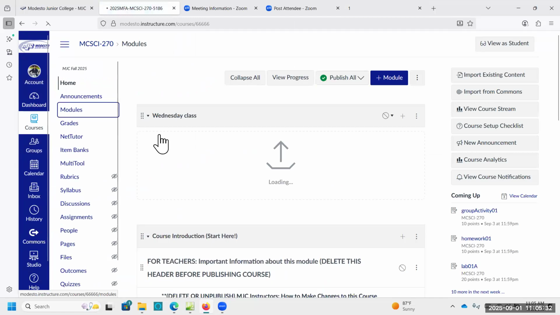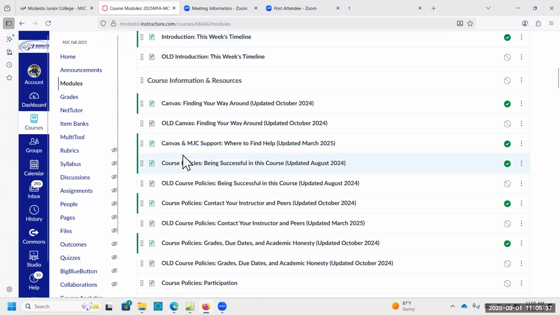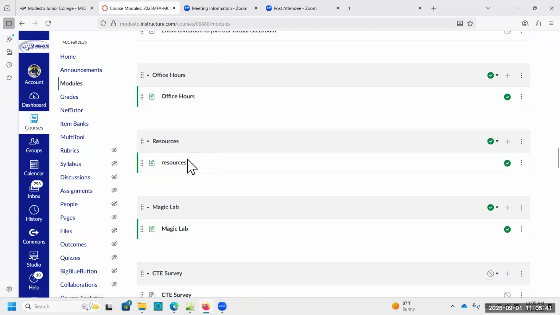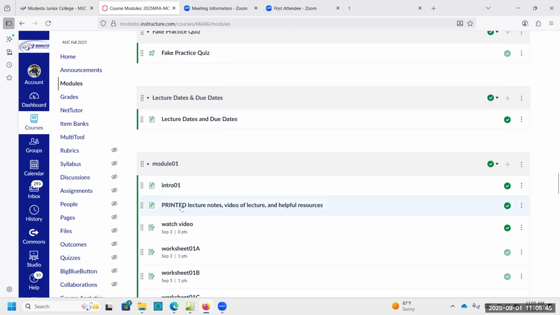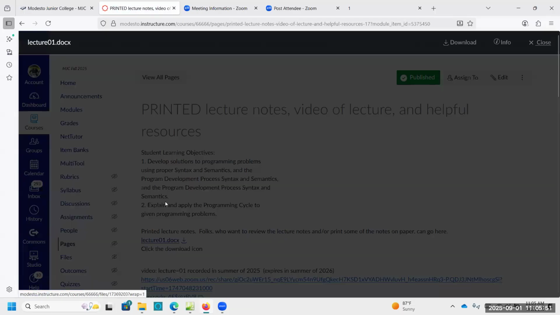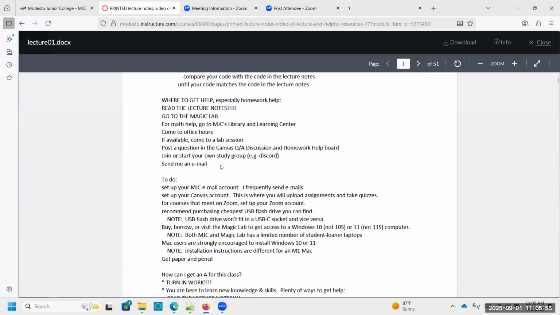go to modules. We're going to go to module 1, which is week 1. Module, got to find it. Here it is. And printed lecture notes. And it's right here. And if you click on that, you'll get a nice Word document that contains these notes